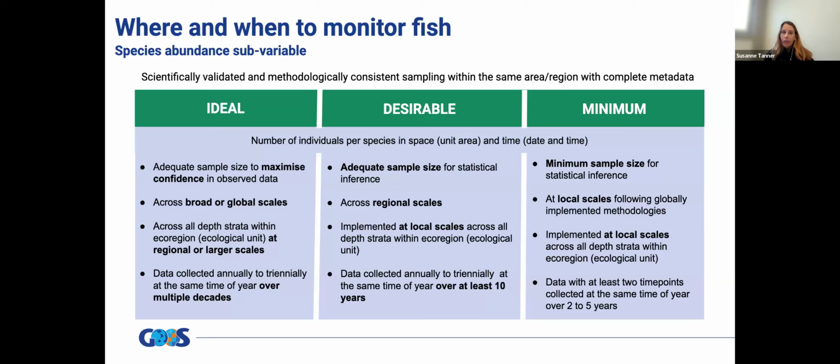The desirable sampling covers regional spatial scales with sufficient sample resolution for statistical inference, also collected annually to triannually at the same time of the year and sustained for at least a decade to enable detection of medium-term trends. Finally, the minimum sampling covers local spatial scales with the minimum sample resolution needed for statistical inference, collected at